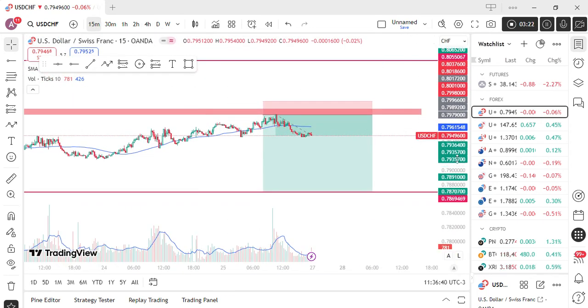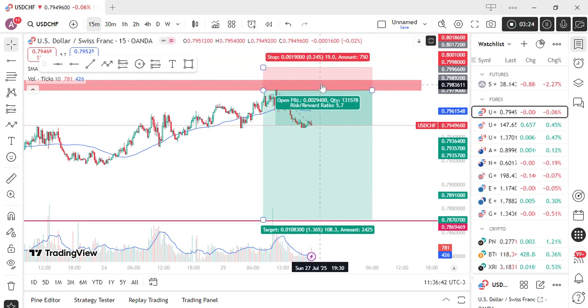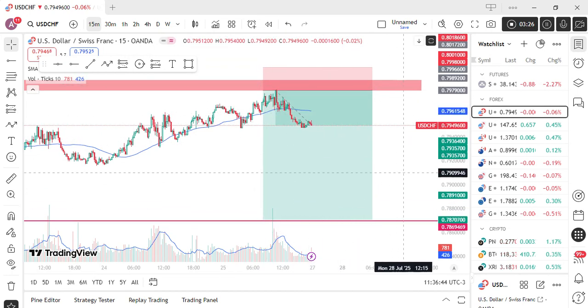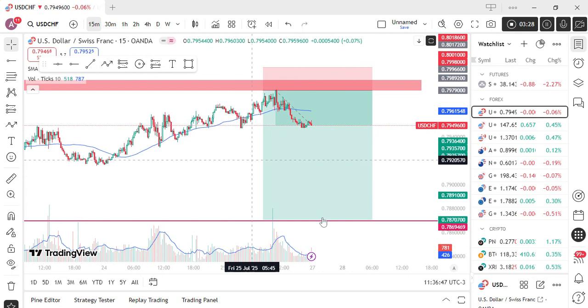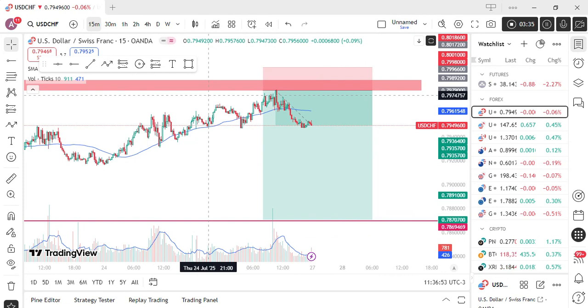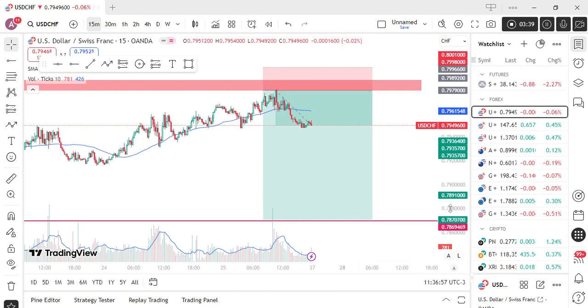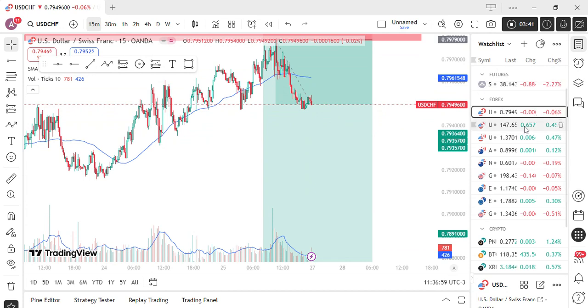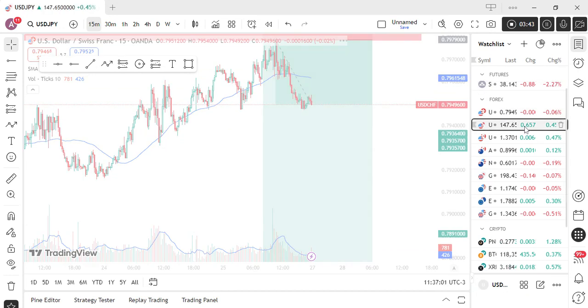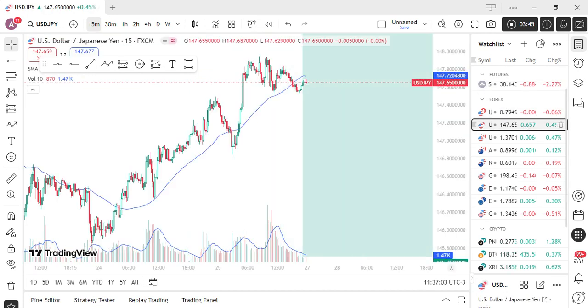We will be expecting that the market maybe comes to this region, becomes bearish, and we will be going lower and lower, just like it has always done. The benefit of it is that once we are following the weekly, the big ways in the market, we have more chance of winning. That's exactly what is happening. Let's go to USD CHF quickly, and USD JPY. Exactly.